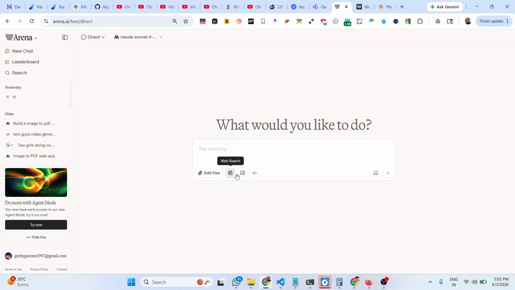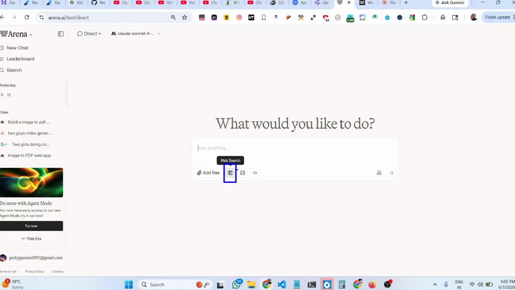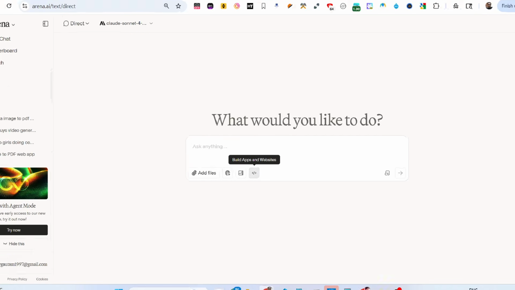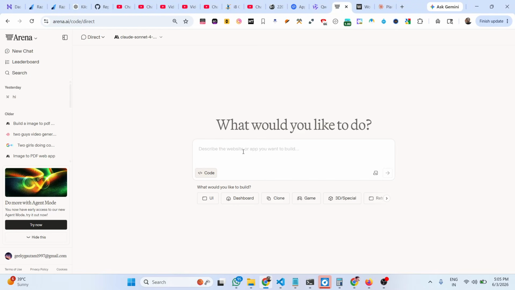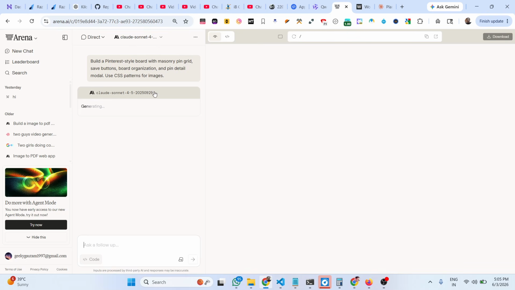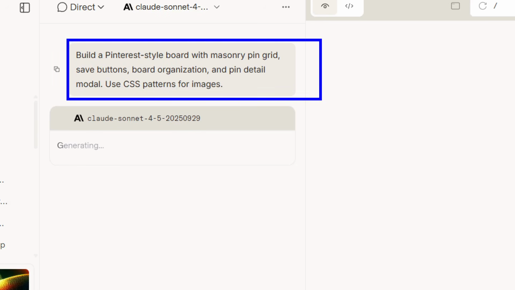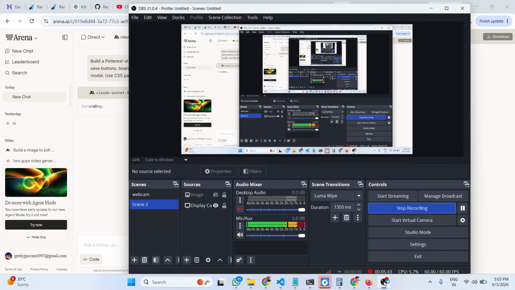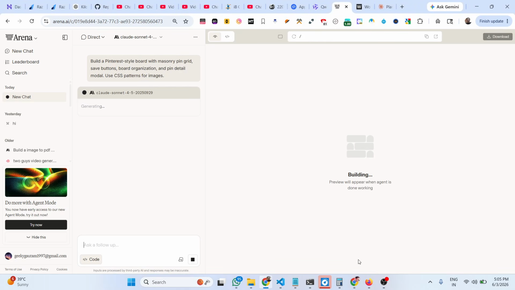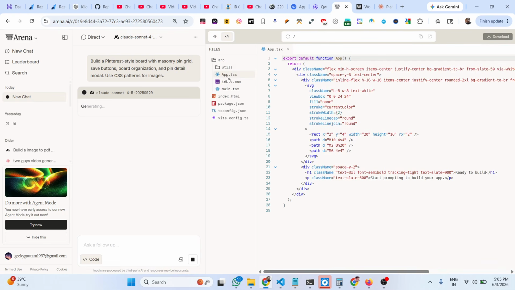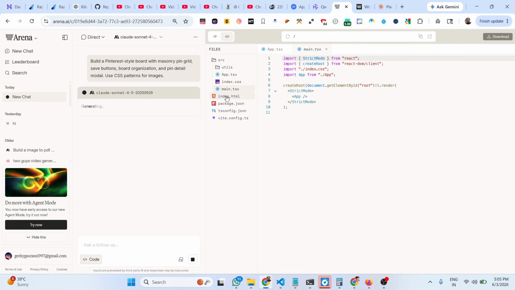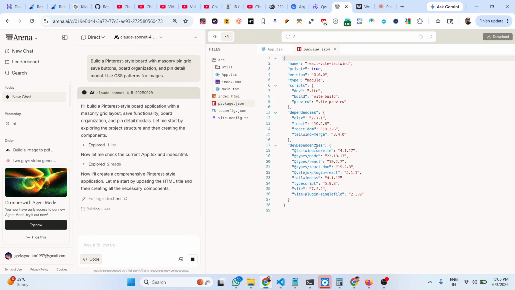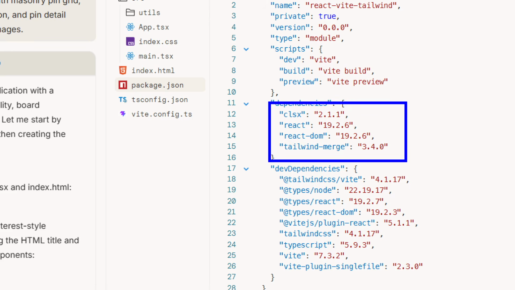We have different web interfaces right here. You can perform web search, you can generate images, you can also build apps and websites. You toggle this mode. After that, if you want to build out a Pinterest clone, you simply write the prompt here. Automatically this website will write the prompt for you, and it will start developing the application for you. All the source code will be generated. You can see that it's developing this React application for you. It will install all the dependencies and then write all the components step by step